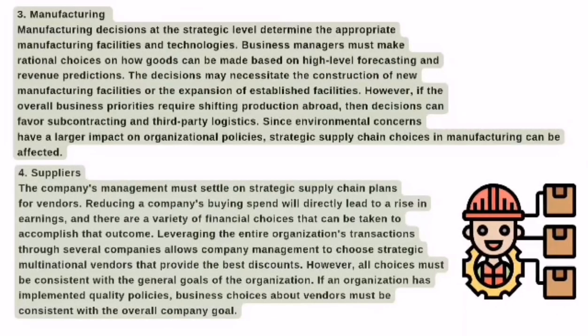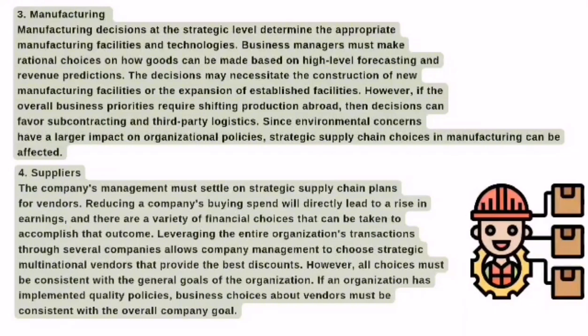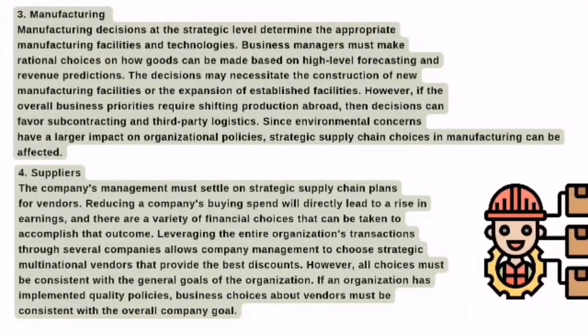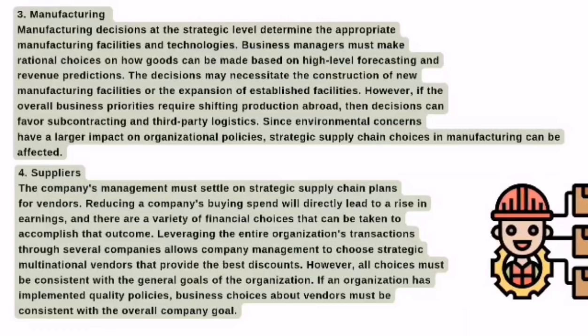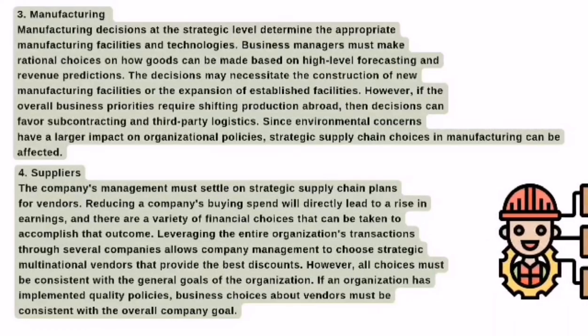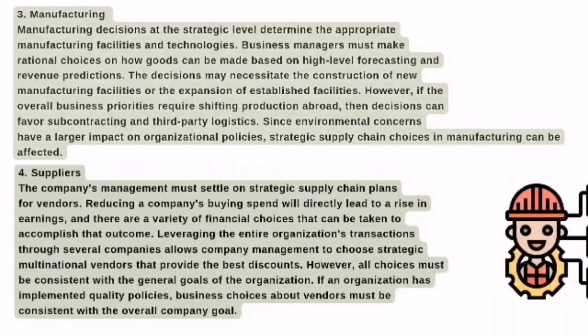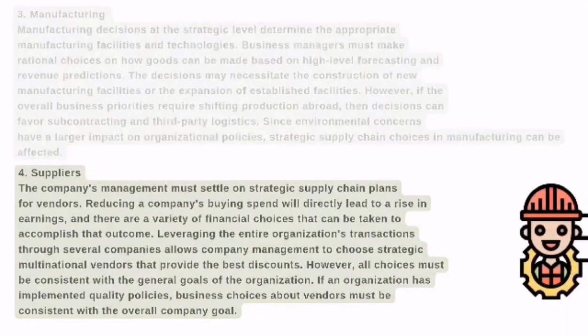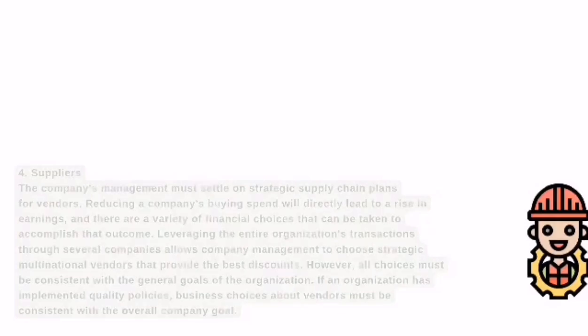These decisions are based on how much they think they sell. They look at how much money they might make in the future. And what's the most important to the company, they decide whether to make things themselves or have other companies do it. And protecting the environment, they think